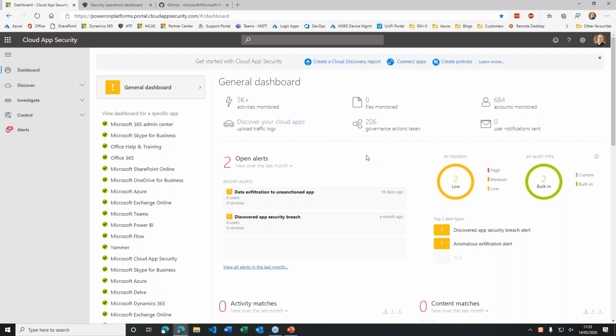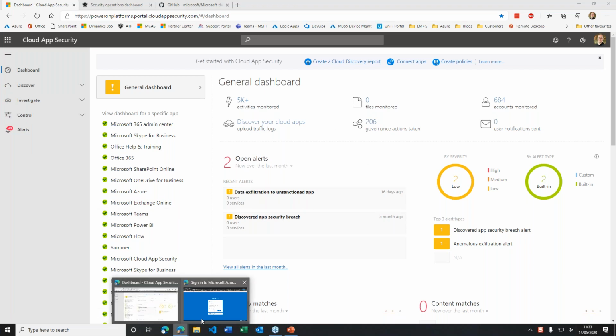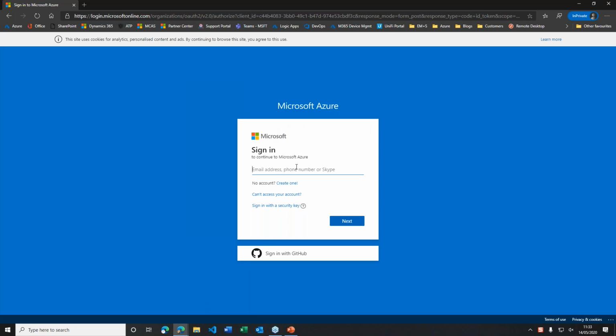Before we dive straight into the MCAS side though, let me just show you the Azure App Proxy. So I've gone into InPrivate because I wanted to be able to sign in and show you right from the outset what it looks like. So if I sign in with my demo system account,